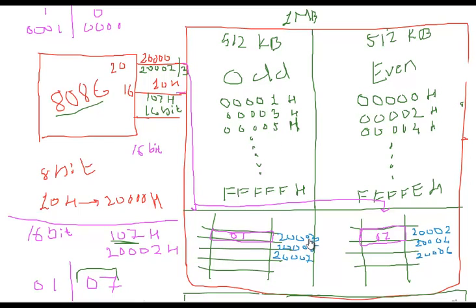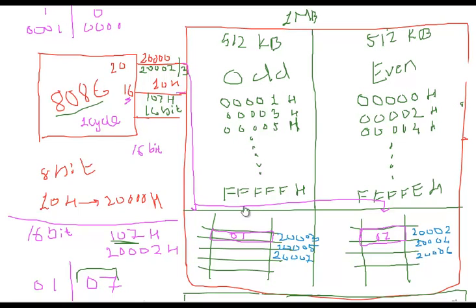This facility of selecting two locations was not available when there was only one chip. The main aim of memory banking is storing 16-bit data in one cycle. Because of this reason, memory banking is important. So this was about memory banking. Now we'll see how selection of these banks takes place. This odd and even bank, on what basis do these banks get selected.